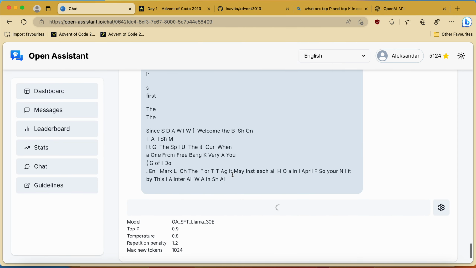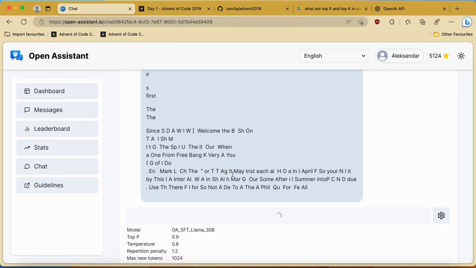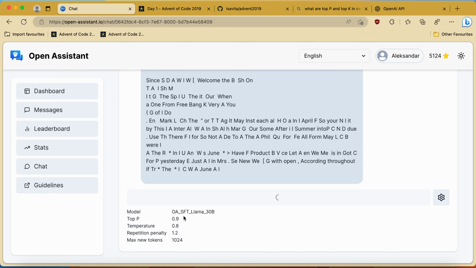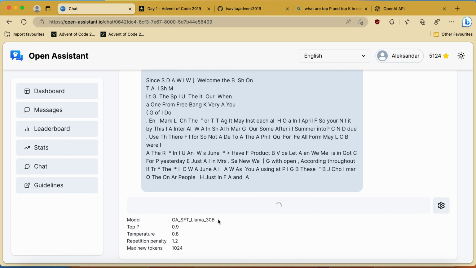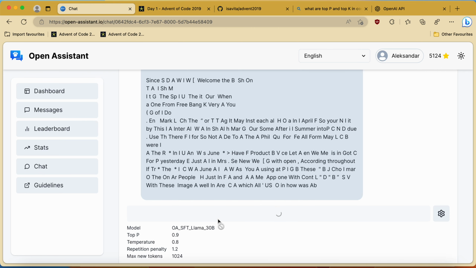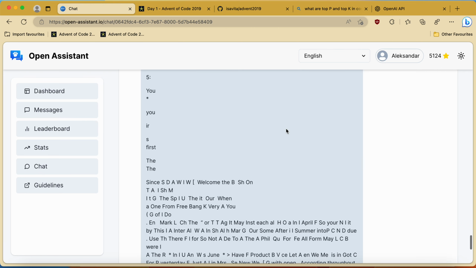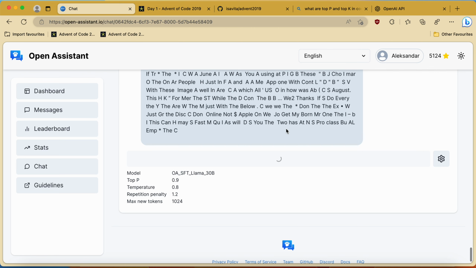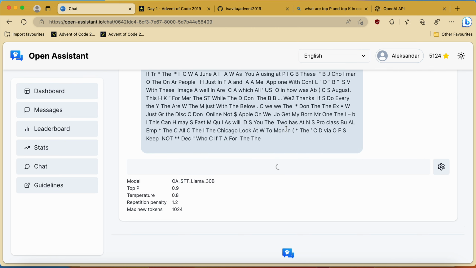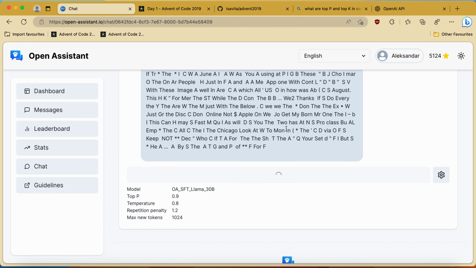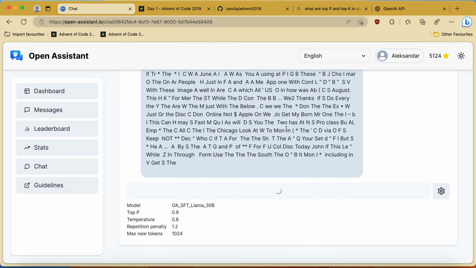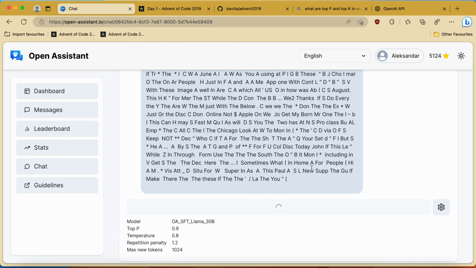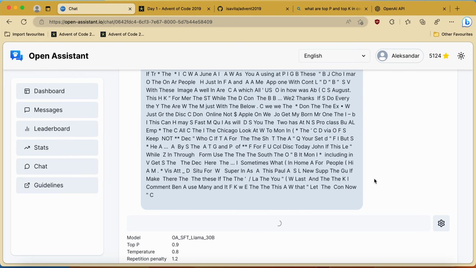Okay, here we can see it's already, yeah, I think this model actually is significantly worse. Although the output size is quite big, it's getting out of touch, unfortunately,